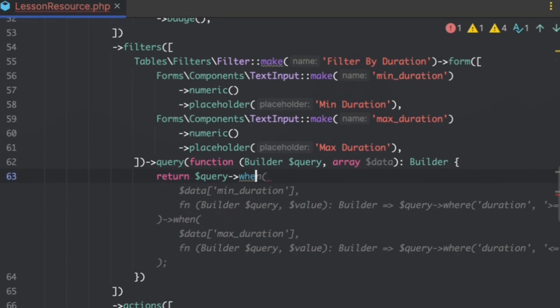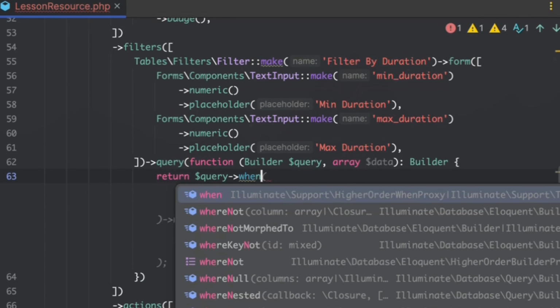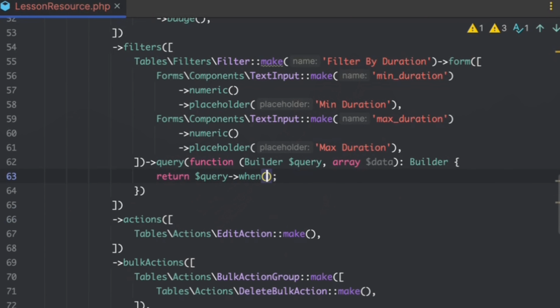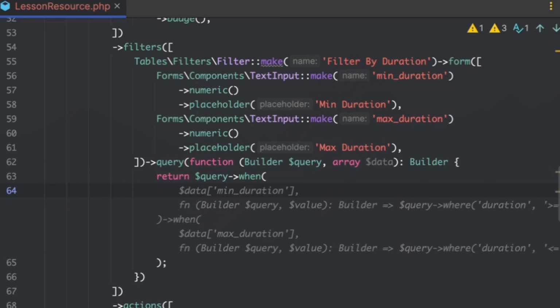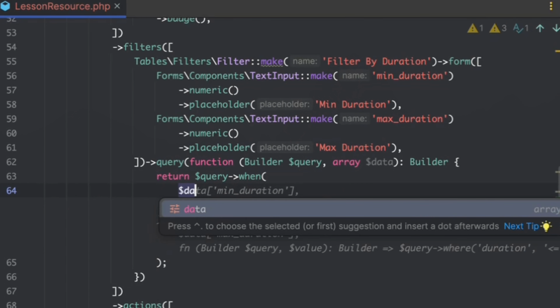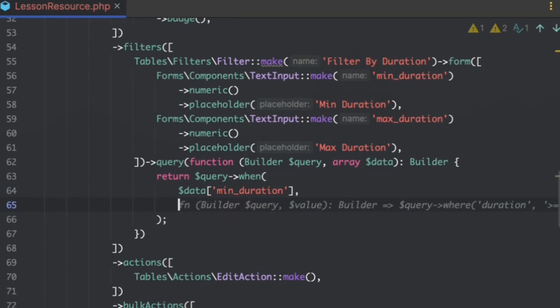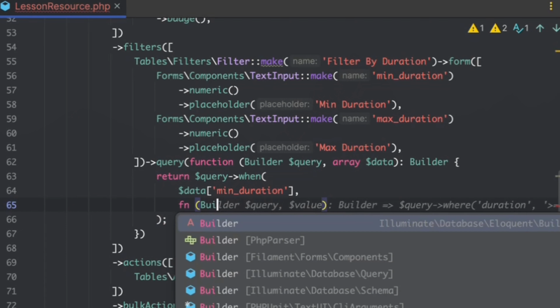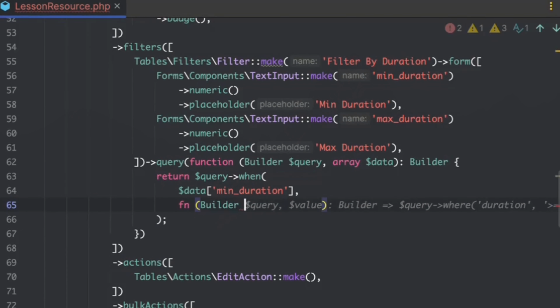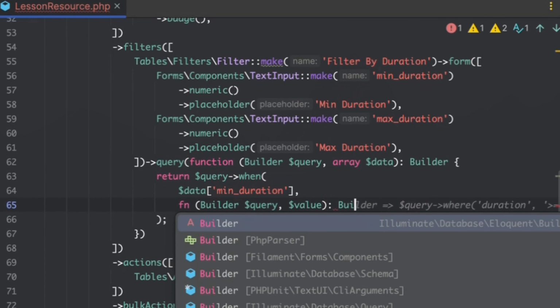We're going to say when. It's going to close this off here. So in this here, we want to say data is going to be, in this case, minimum duration. And we then want a shorthand function here with a filter, query, and value. Then we want to pass through builder,